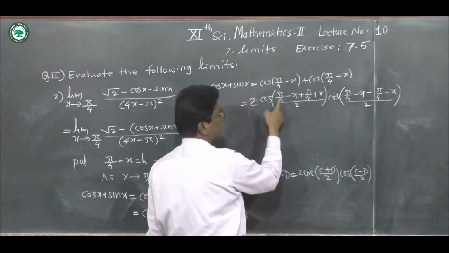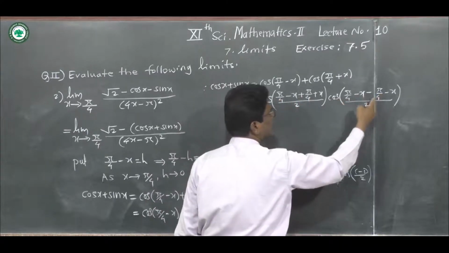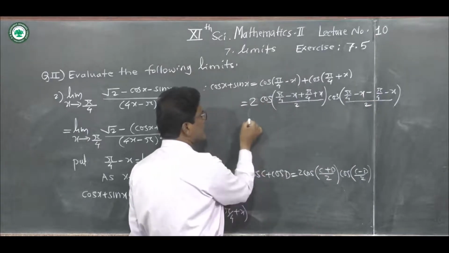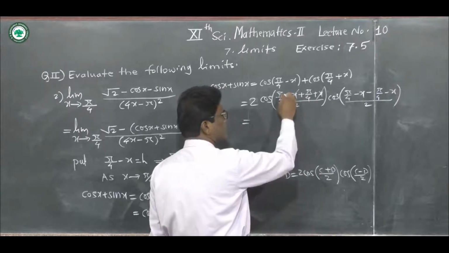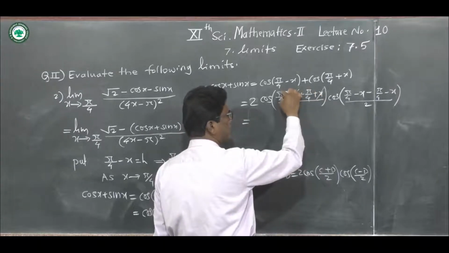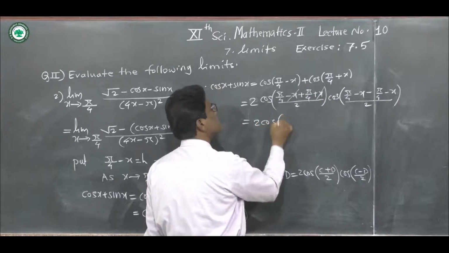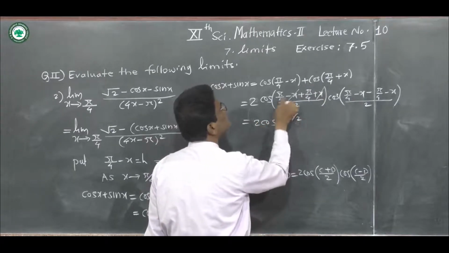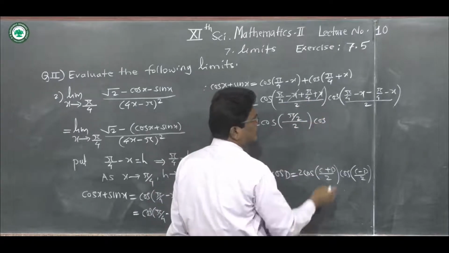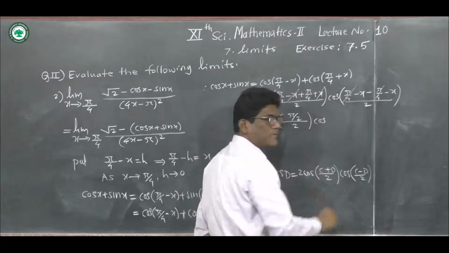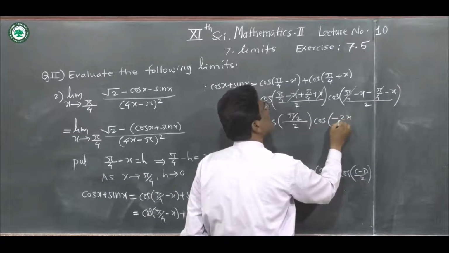So 2 times cos of (C plus D) divided by 2 into cos of (C minus D) divided by 2. Now this minus x and plus x get cancelled. Pi by 4 and pi by 4, pi by 4 means 45, 45 plus 45 is equal to 90. So 2 times cos of 90, which is pi by 2, divided by 2, into cos of, here plus pi by 4 and minus pi by 4 get cancelled, so minus x and minus x, minus 2x, divided by